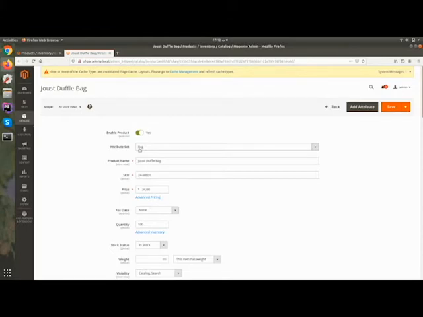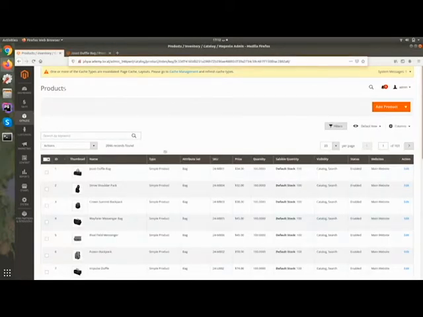With the attribute set, you can differentiate the attributes for each product. I will come to how to create attributes in the next part, but with the help of an attribute set, you can do two things. One, you can differentiate the products, which is also helpful here in the product list.